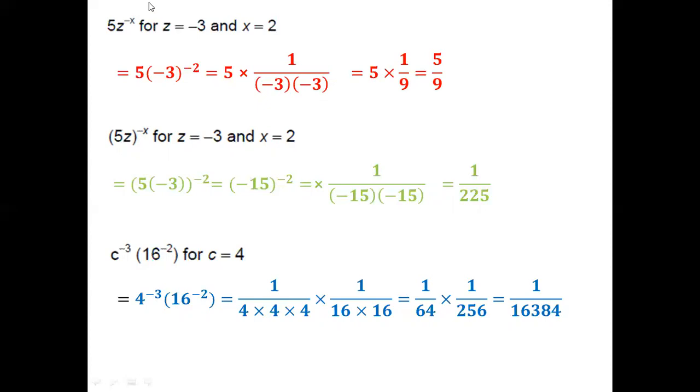Now, if you look at these two questions, they are the same numbers, same variables. The only difference is this thing is inside the parenthesis, whereas this was not. As you can see, there's a big difference in answers. So what is the difference in these parentheses? Why do we always keep saying parentheses are important in math? Because if you leave one parenthesis out, you're going to get a very different answer.